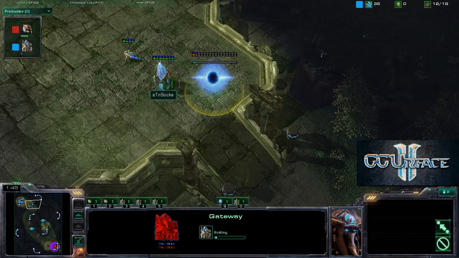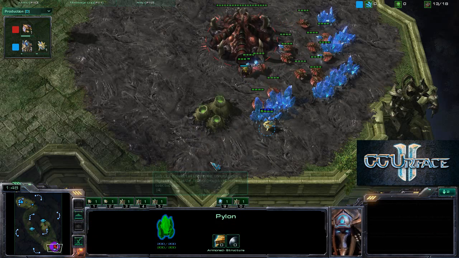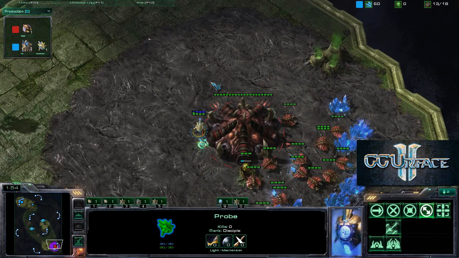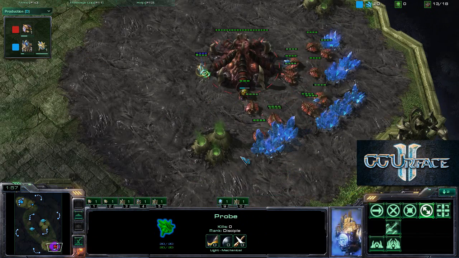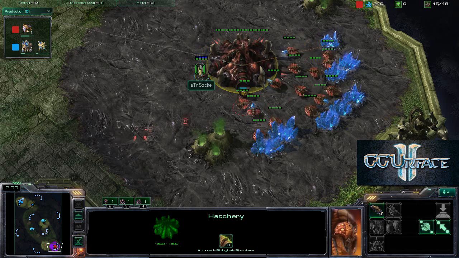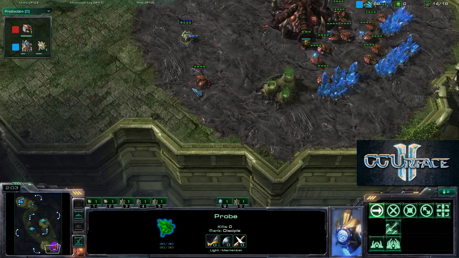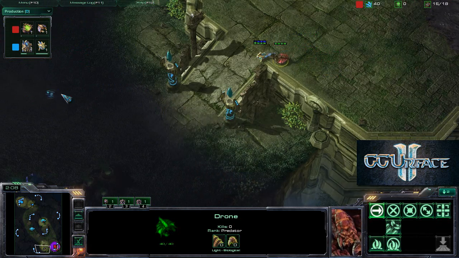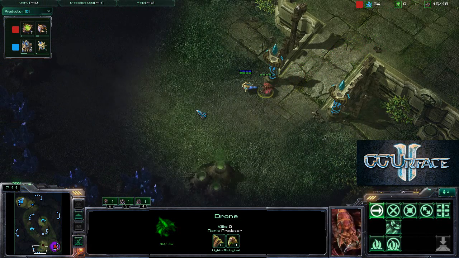We do see one gateway as well as one pylon being placed at the top of the ramp for Socke at this moment, and Socke is already inside the base of lalush as he did send out that probe pretty early, directly after he placed down the pylon, and this probe is on patrol, and I think he did catch this drone going over to the side. He wants to beat him to the natural expansion, and it looks like he will be able to deny that